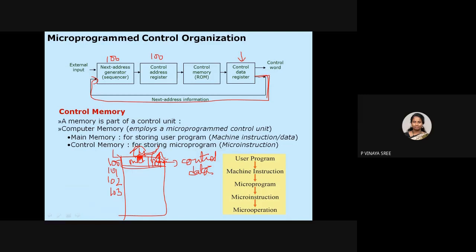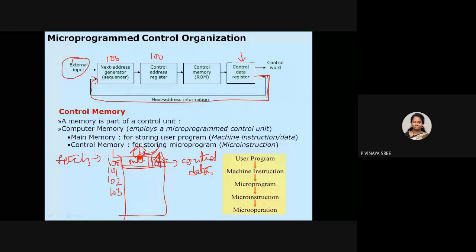Now what about this external input? Think about it in your mind. Can anyone tell me what this external input is? See, I already said that you have microprograms. First is fetch. Fetch has a set of micro instructions: the program counter has to be placed inside the address register, from the address register it has to be placed in the instruction register, and from the instruction register, based on the type, we need to do all those, right?